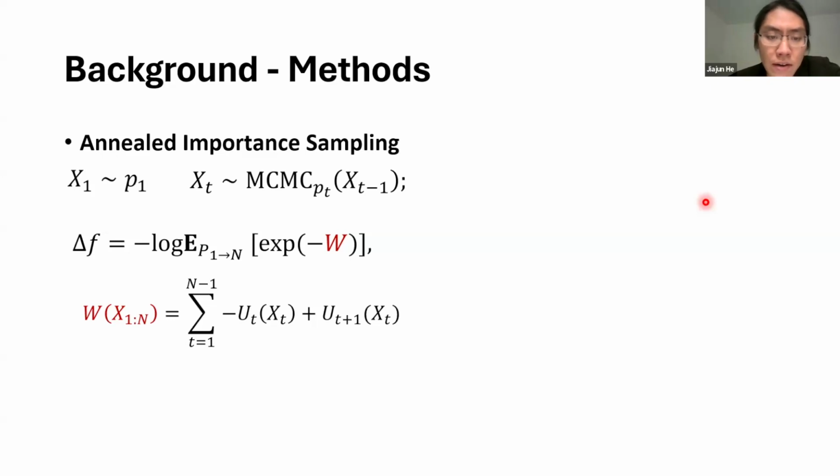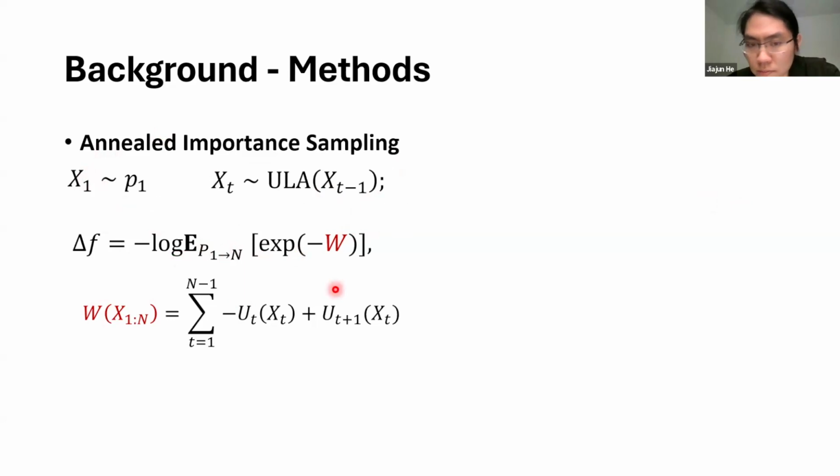If you put everything here, we will see this is a very, very clean expression. We just follow this forward process, we calculate this W, and then we use this log mean F to calculate delta F. And now, if we change this MCMC from a general MCMC kernel to unadjusted Langevin, and note that unadjusted Langevin